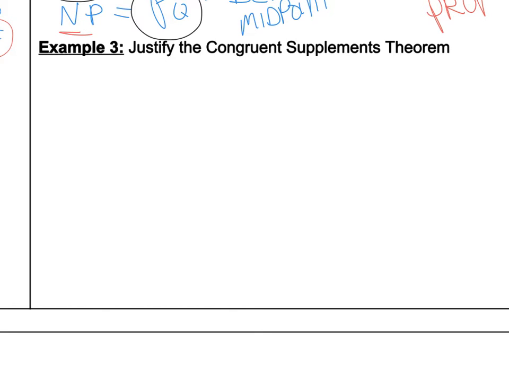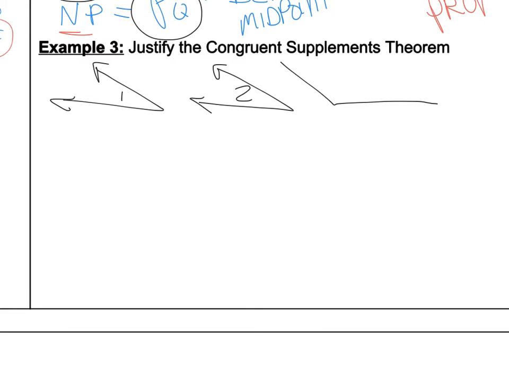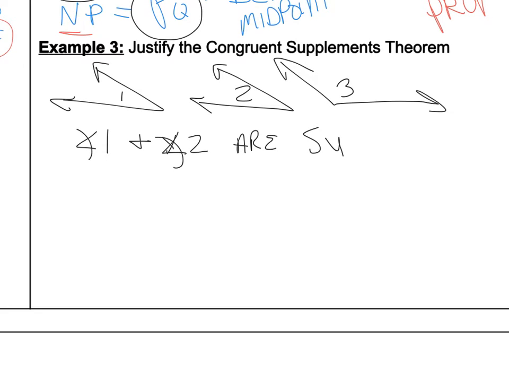Okay, the last section here, we're talking about the congruent supplement theorem. So basically, we're going to start with here's angle 1, here's angle 2, and here's angle 3. Now, we're going to tell you that angle 1 and angle 2, they're supplementary